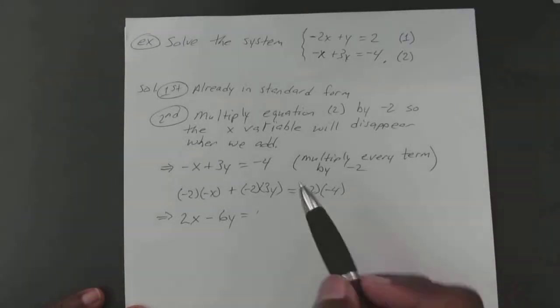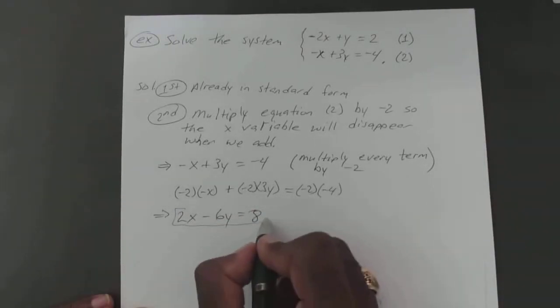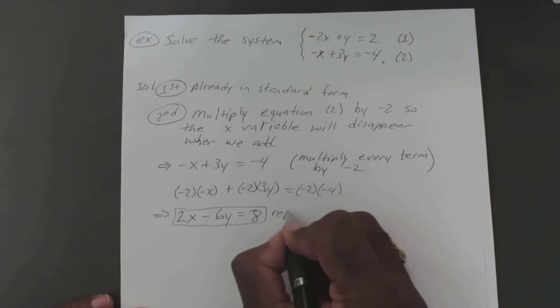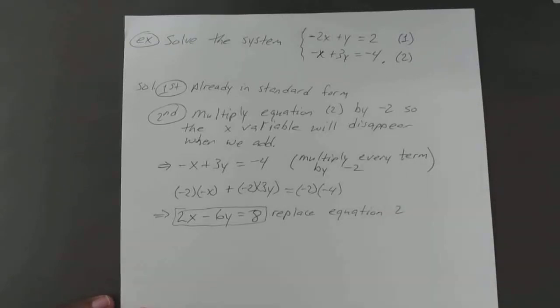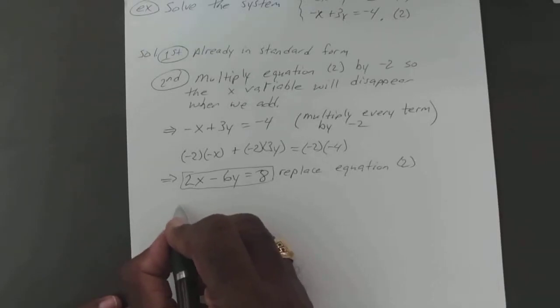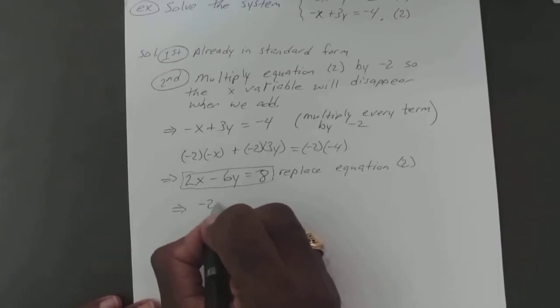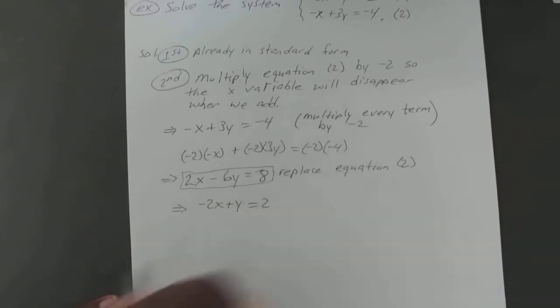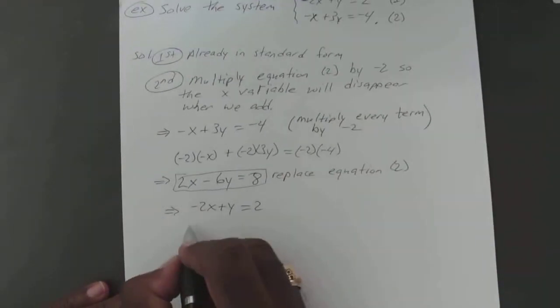Okay, negative 2 times negative 4 is positive 8. Okay, so now we can replace that second variable with this one. So replace equation 2. Okay, so it means our system is now negative 2x plus y equals 2. And instead of x plus 3y equals negative 4, we'll have 2x